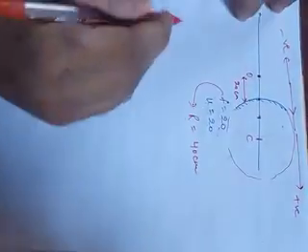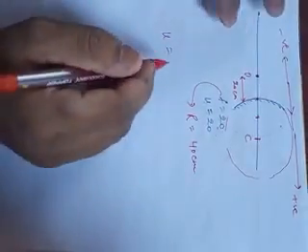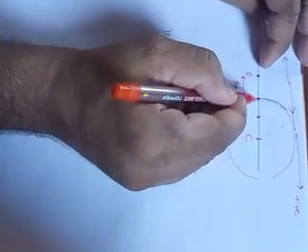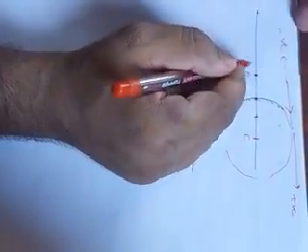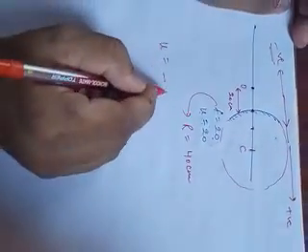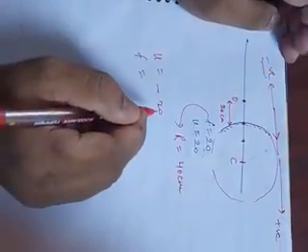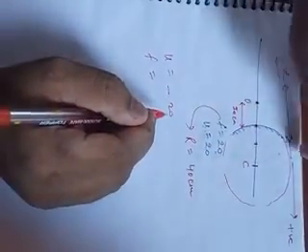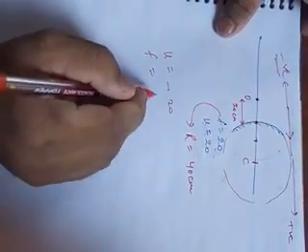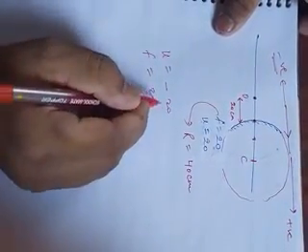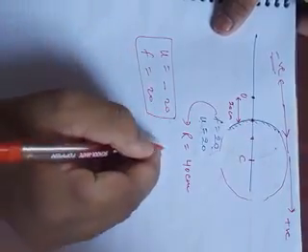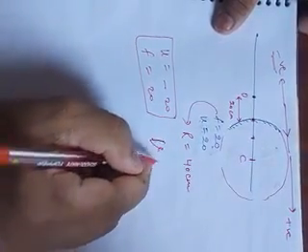But in this case, what do you get? To get the object from the pole, you have to see on the left side, which is the negative side. So u equal to minus 20. To get the focus, you have to see on the right side, which is the positive side, so the focus will be 20 here. So let us find the value of v.